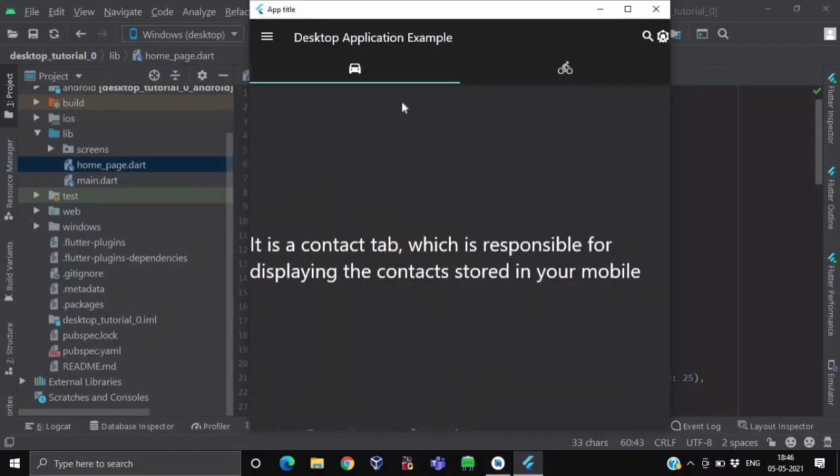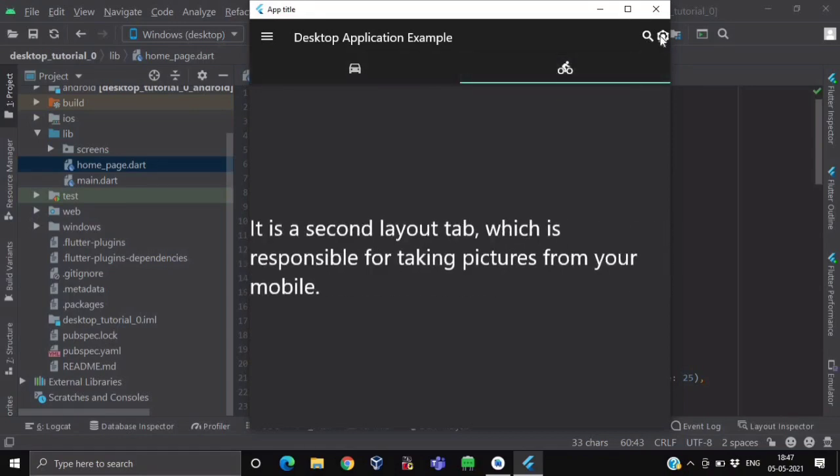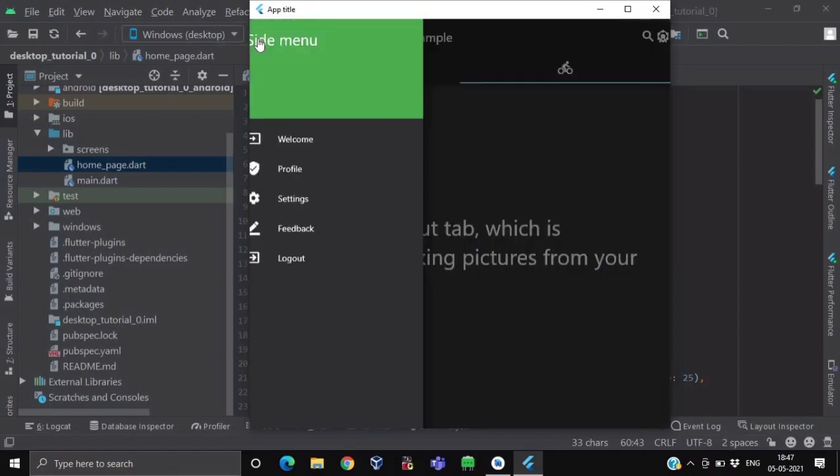So here as you can see, I am having an app bar with a bottom tab bar. I am having two tabs, each having their own content. Here I am having some actions at the trailing side of our app bar, and here I am having a navigation drawer.